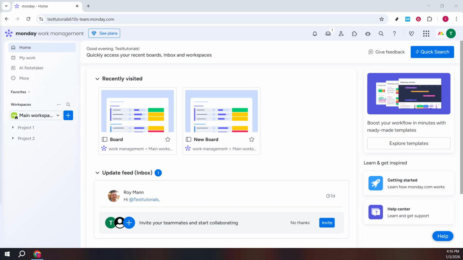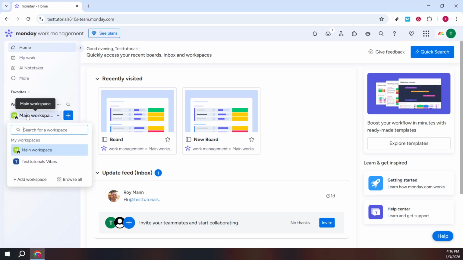In today's video, I'm going to teach you how to use Monday.com inventory management. Let's start on your Monday.com homepage. From here, open the Workspaces panel on the left. Workspaces are the containers that keep related boards and docs together, so choose the workspace where your team tracks operations